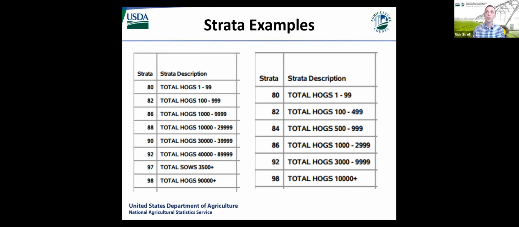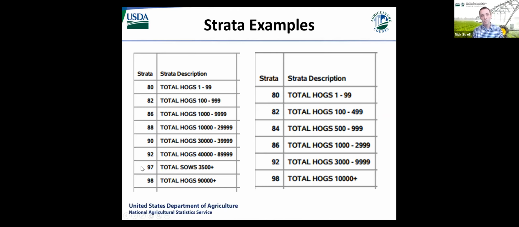I'm also going to note here in the one table, it's got a strata 97, which is a sow strata. Every year we can adjust these strata and their definitions. They come up for review so we can make little tweaks if they didn't perform the way we wanted them to, or if some of our CVs are getting larger than we'd want them to be, or if we want to sample more or less of them. And recently we've started to add some sow strata. So that's what this strata 97 is here.